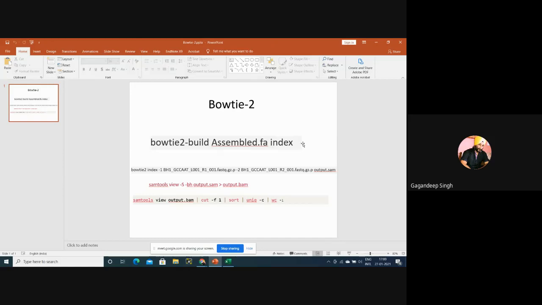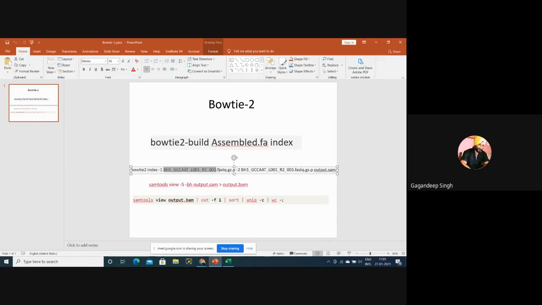In our next step, we have to type bowtie2 -1. -1 means this is basically the first, hyphen first, we have to type this. This is basically the raw data, which I can rename as well.